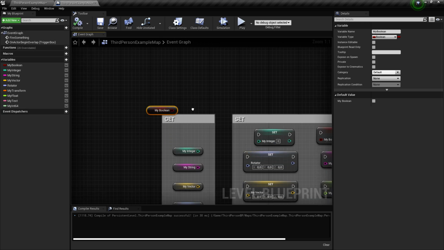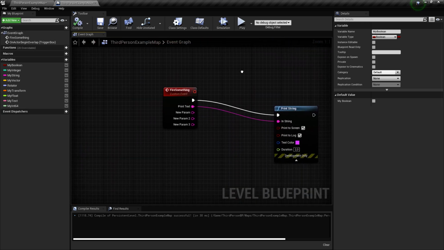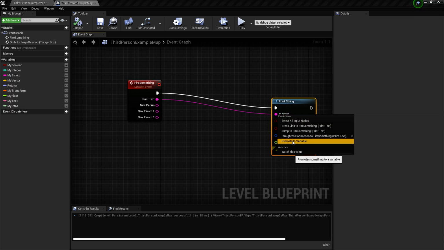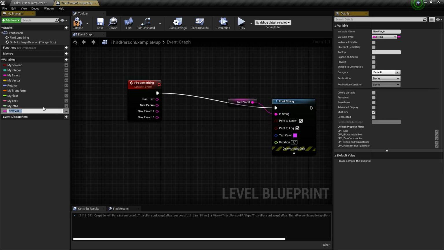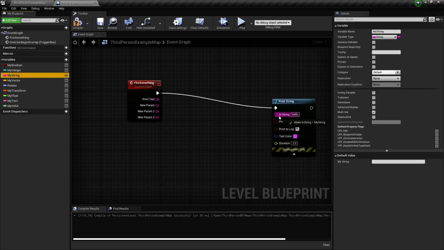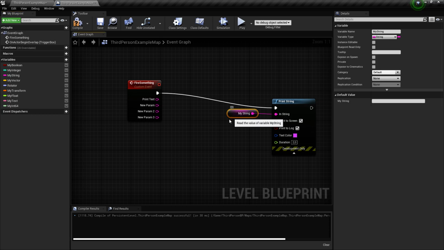So if, for example, I just had here, like in the previous video, promote this to a variable, just click here to promote to variable, or I can delete this one and drag here the value that I want to print on my screen. So my string, the value is my string variable value, and it's going to print the value of this variable here.